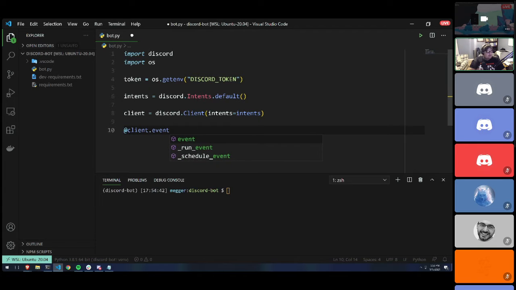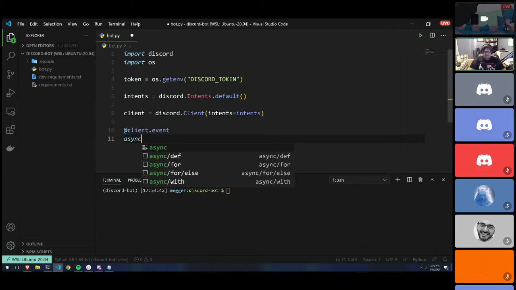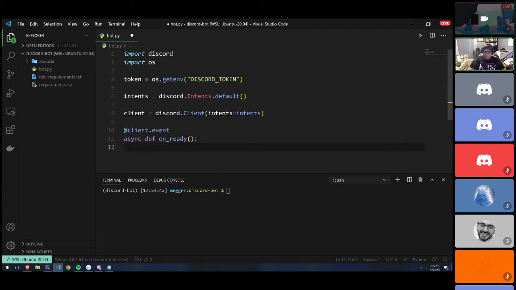because you want to be able to know that the bot has actually connected. The way that this happens is they're asynchronous messages. It uses Python async, and it uses decorators to say, hey, this is part of the Discord event. So we're going to say async def on_ready. And then basically what we're going to do is,